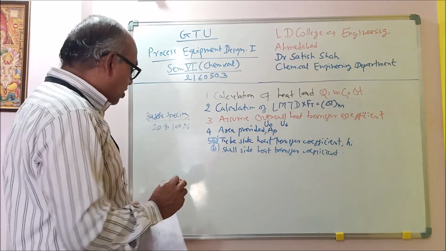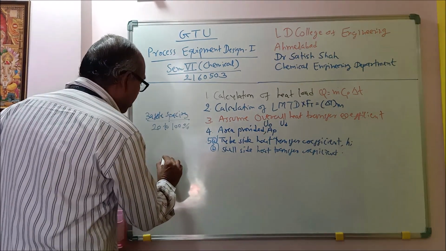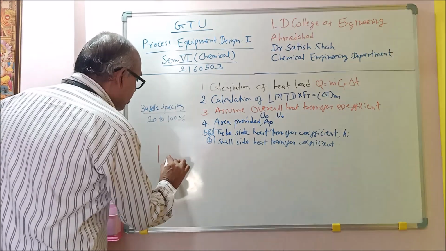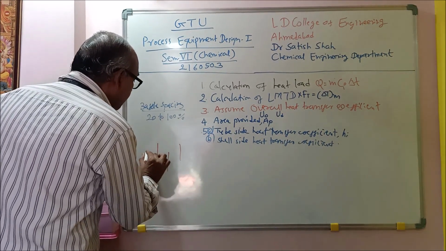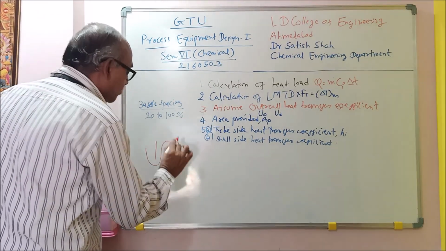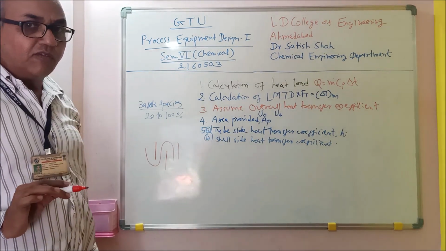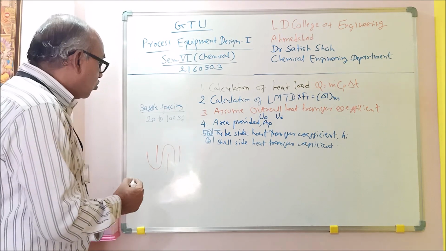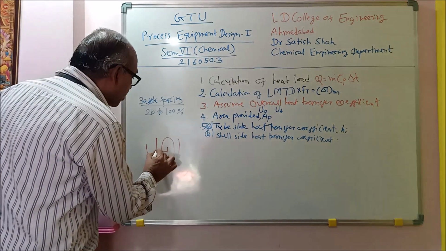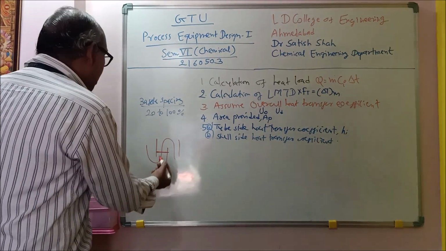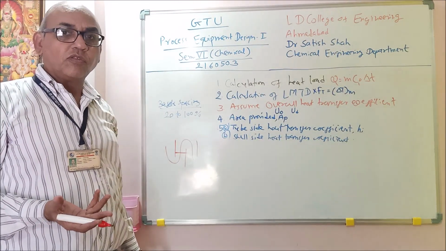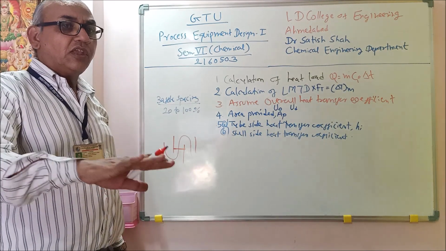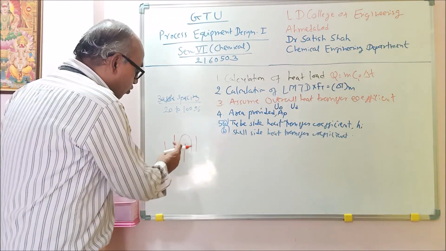Now, if you try to understand the flow phenomena on the shell side, these are my baffles. Flow is flowing like this. We are talking about the main flow only, so this flow will be something like this. When it passes here, what is the area it will cover? That is important for us. And what we normally consider is the area covered by this flow at the center.